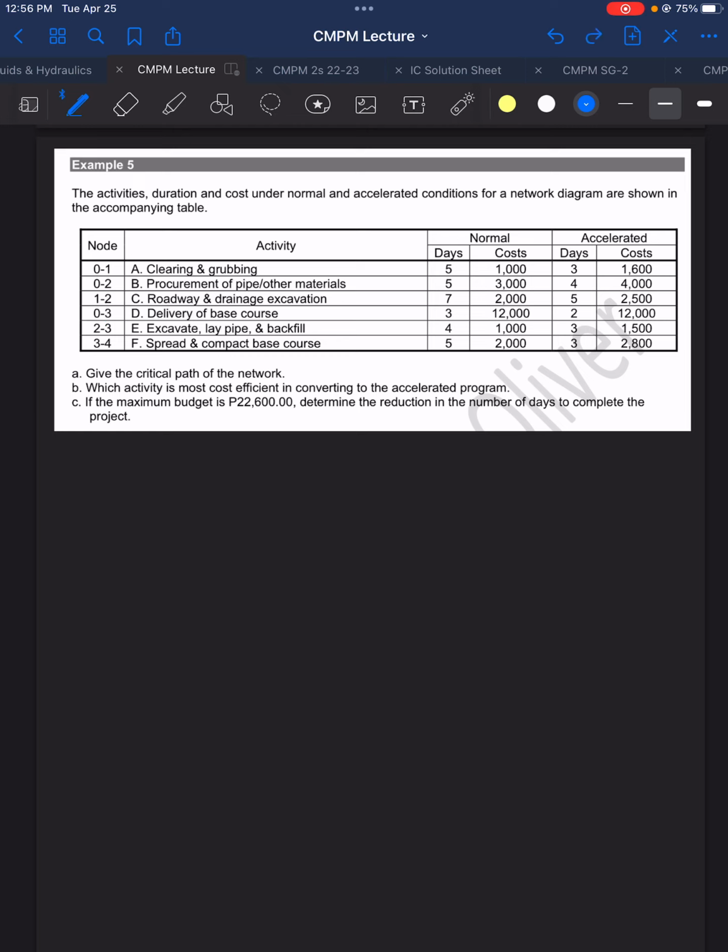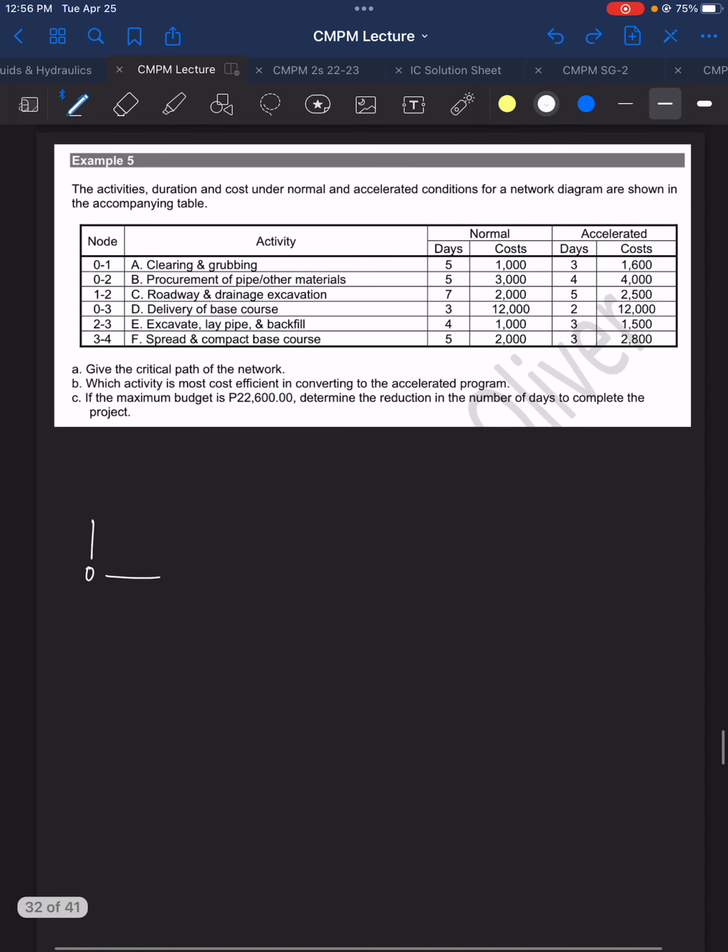So we will just put here 0 and then it will branch out into 3 activities. So 0 to 1, 0 to 2, 0 to 3. Next,